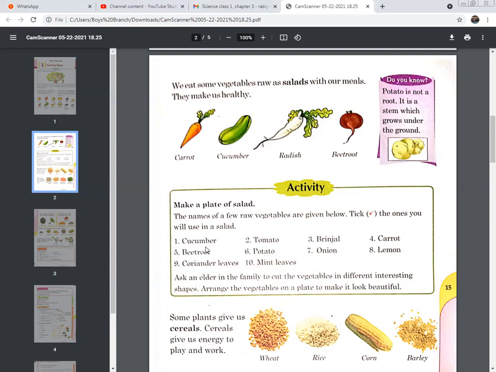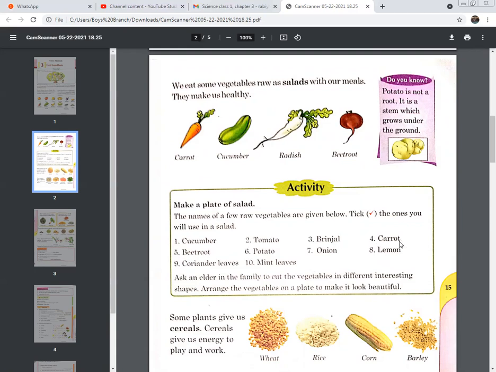So the first number is a cucumber. If you like eating cucumber, you can add it in your salad plate, and yeah, then take it. If you do not like cucumber, then do not take it. Okay, and the second one is a tomato. Tomato, we all like tomatoes, so if you want to add tomato, you have to take it. Brinjal, it's a third option. If you do not want to put it in your salad, then simply do not take it.